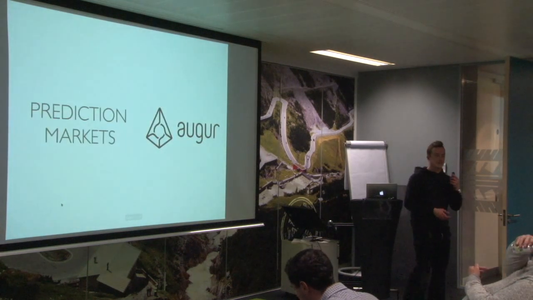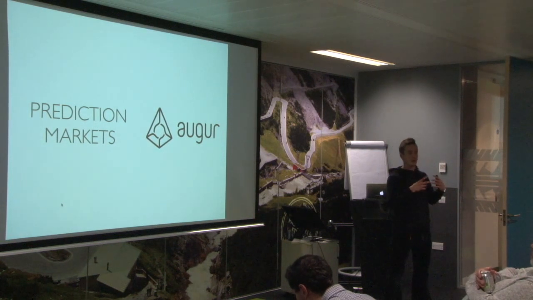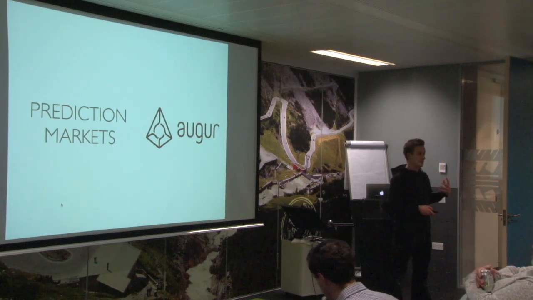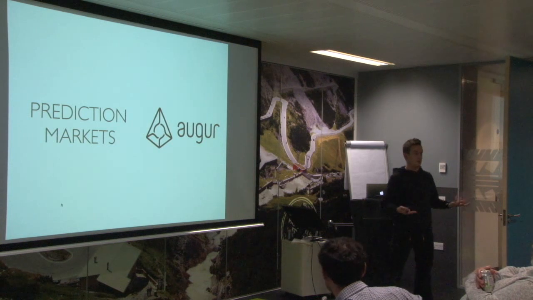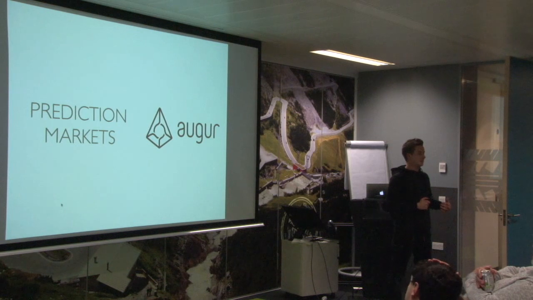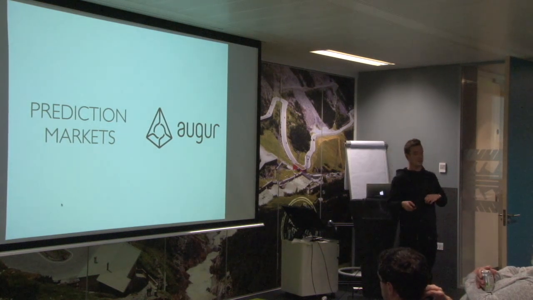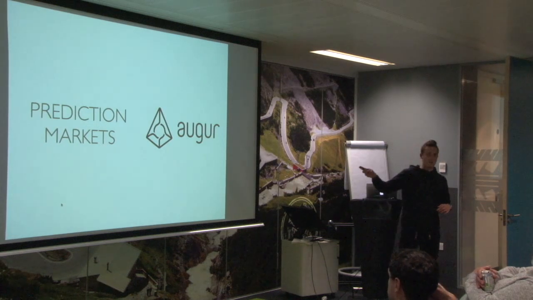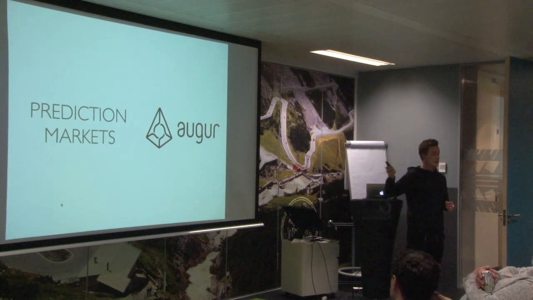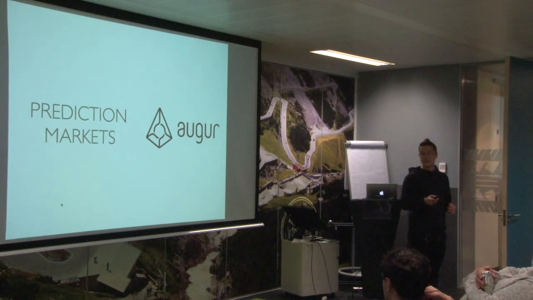Now, we've got a whole bunch of companies that are looking into this. There are a few companies that have started using this in the real world. And I'm going to run through a few of them and try to explain what this kind of technology is good for and why it is good for this use case. So one of the biggest stories that you might have heard of recently was Augur. They raised $5 million in a crowd sale through Ether and Bitcoin.